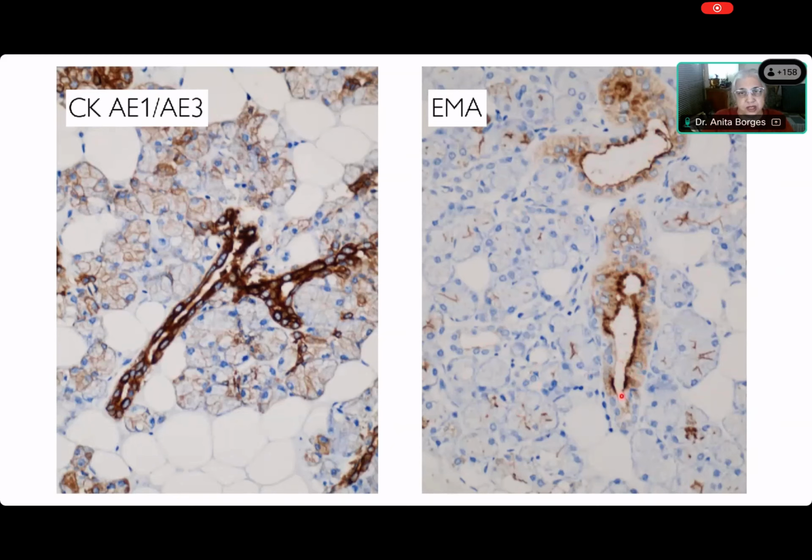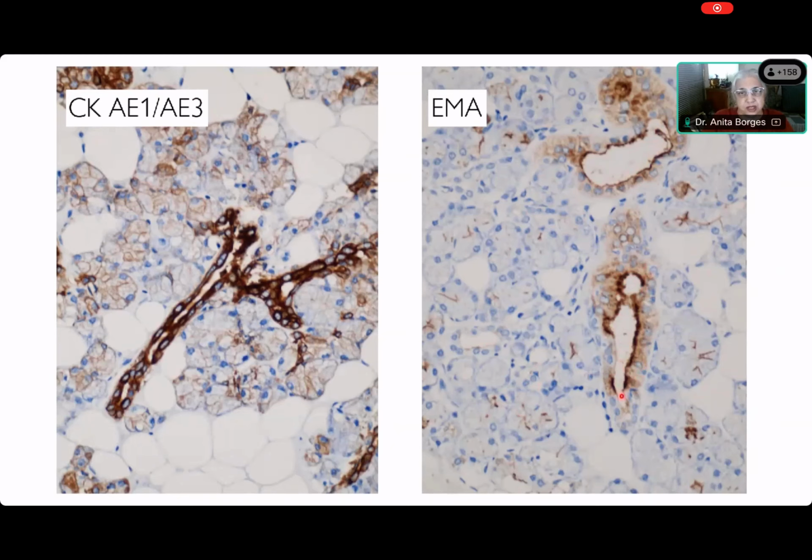Okay, so that's a lobule of the salivary gland in which you have acini, then you have these small ducts over here, which you can just about see, which are picked out very brightly by the cytokeratin. Those are the intercalated ducts, and then this is the big striated duct. The big striated duct is the intralobular duct, and then the many intralobular ducts join up to make interlobular ducts, and finally the big excretory duct.